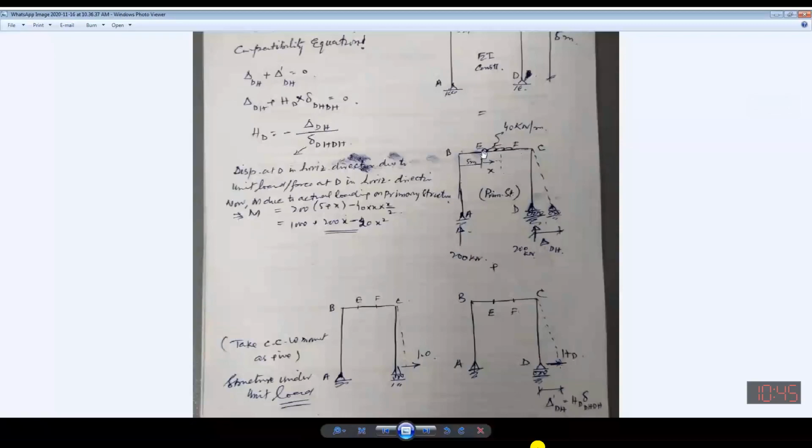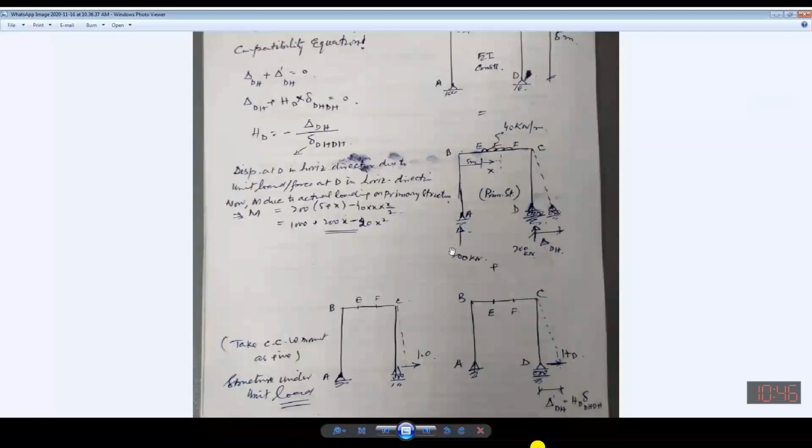So BE, then EF, then FC, and then CD. Now all these segments will be considered, and you will be looking for the effect of this 40 kilonewton and for this HD for unit load, and then you will be multiplying capital M and small m to calculate the